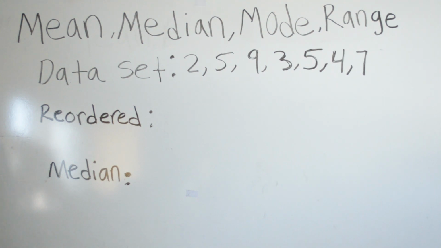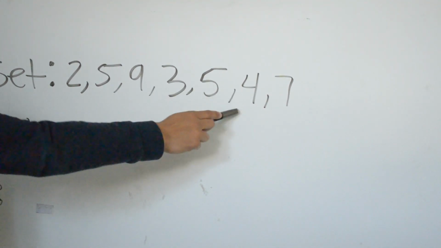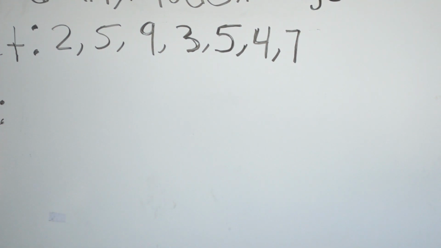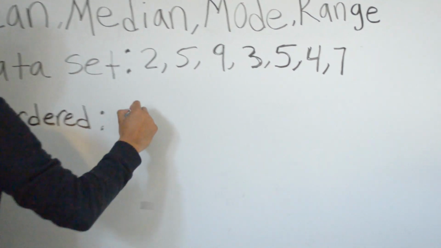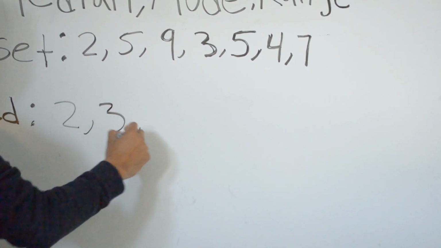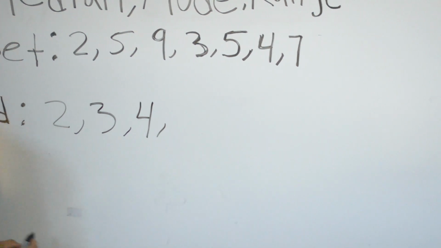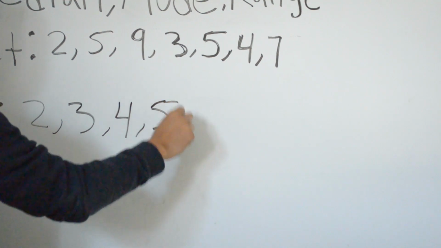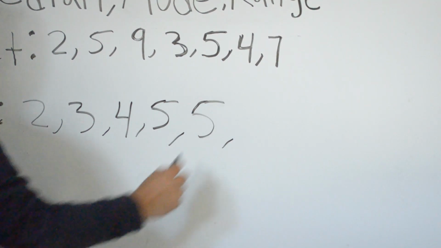The data set we're looking at here is 2, 5, 9, 3, 5, 4, 7. So the next step is putting your numbers from least to greatest. Your least number here is 2. The second least number is 3. Your third number is 4. Your fourth number is 5. The next number is 5. Then you have 7